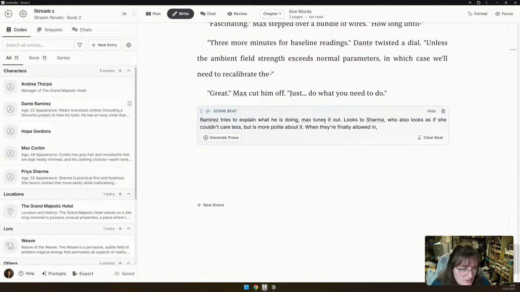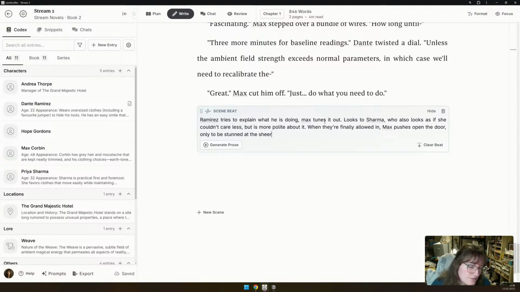When they're finally allowed in, neither of the other two can see it.